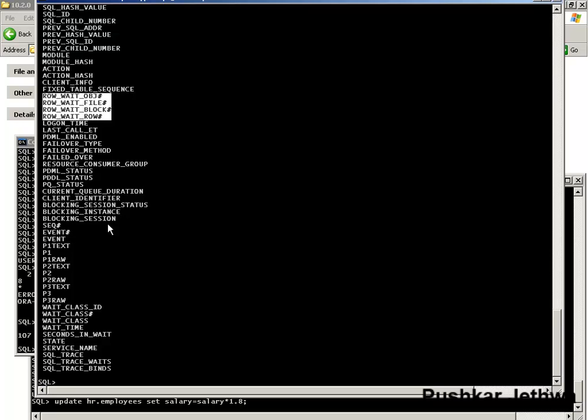Now here in this data dictionary, all we need to kill that blocking session is the row wait object, on what object it has been blocked, the row wait block number, and the row wait row number. So here I am going to execute